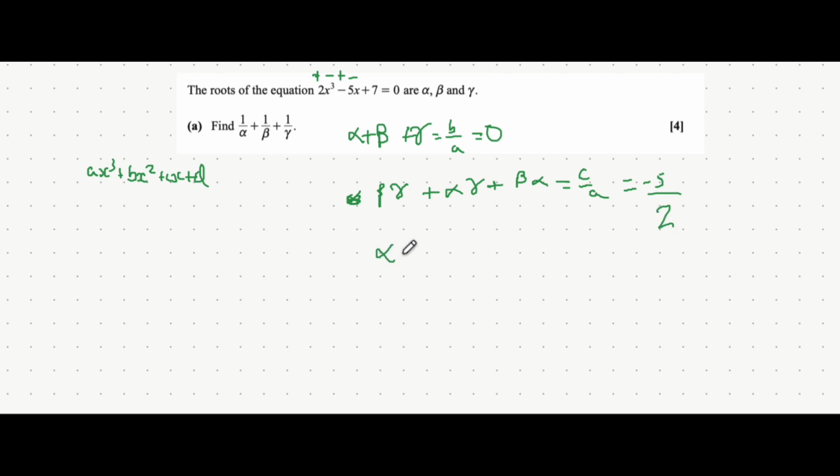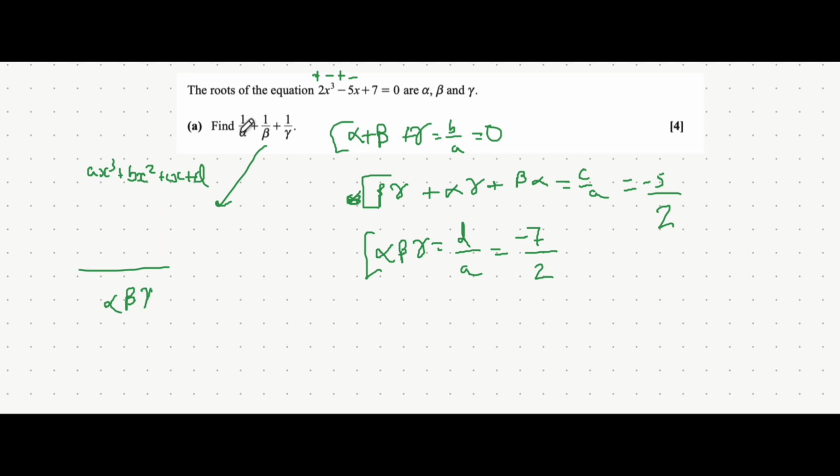Moving on to what I was mentioning before, alpha times beta times gamma would be represented by d over a. Now our d value, we take it as the negative of the constant term. So in this case, it would be negative 7 over the coefficient of x cubed, which is 2. Now that we've got that, we need to think about how we can represent this in either one of these three formats. Well, actually, if we think about combining these three with one common denominator of alpha beta gamma,